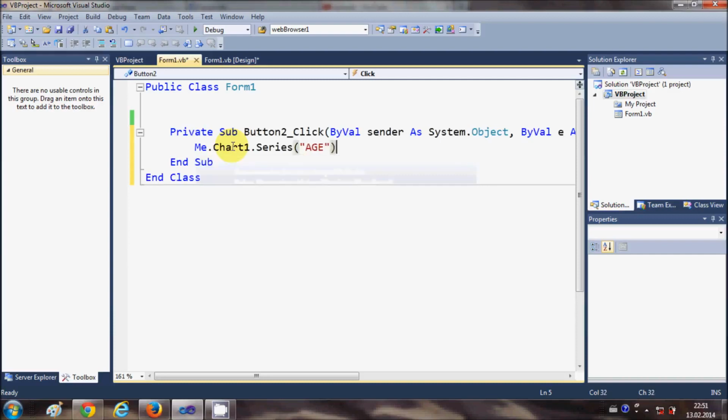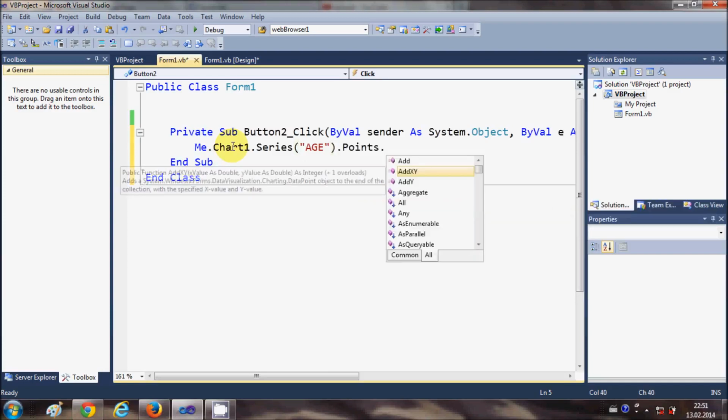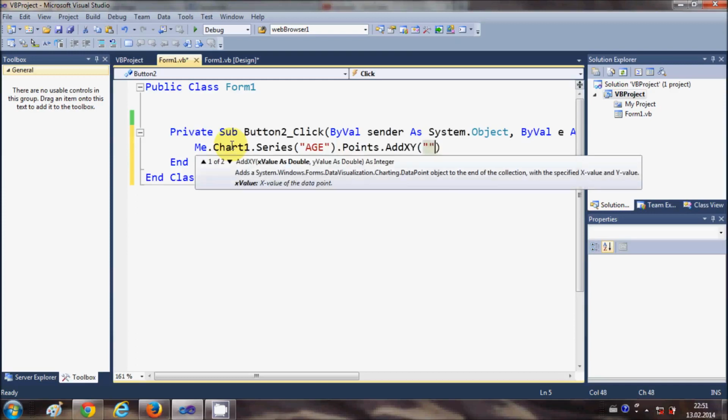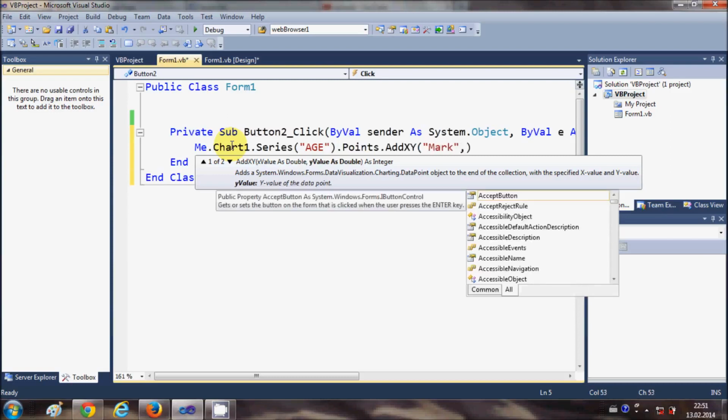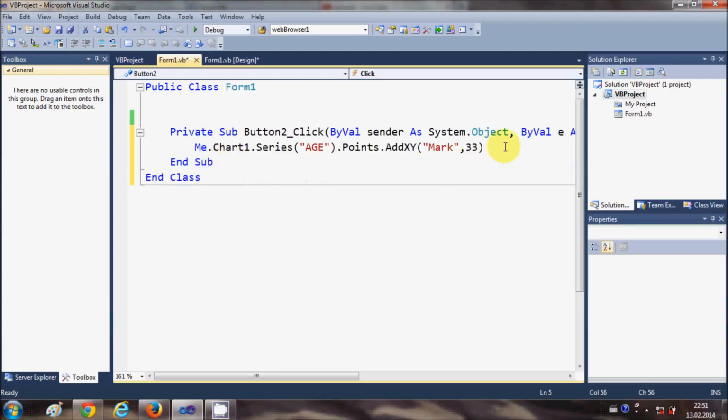This is the name of the series, and then write dot points dot add xy, and in here we will pass two arguments. One is the x-axis and other is the y-axis. First argument it will take is the x-axis value. So first argument is the name as x-axis. I will write the name versus his age. So for example 33, and I will press enter, and this is the first bar of your bar data